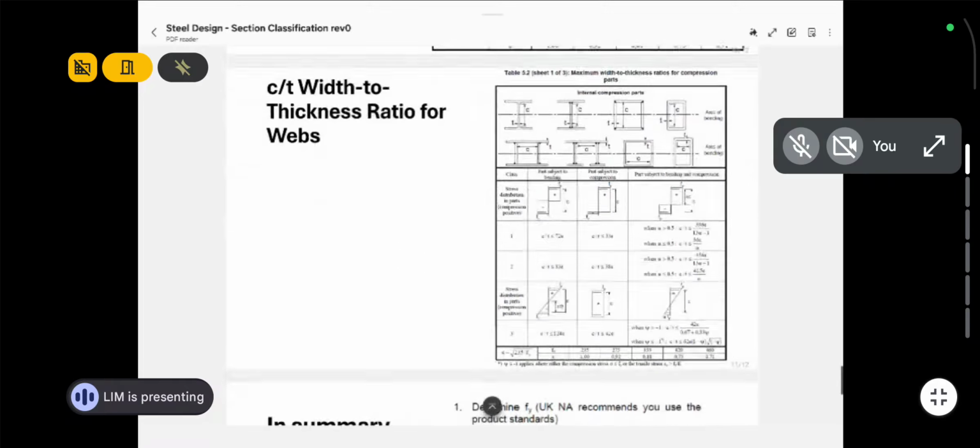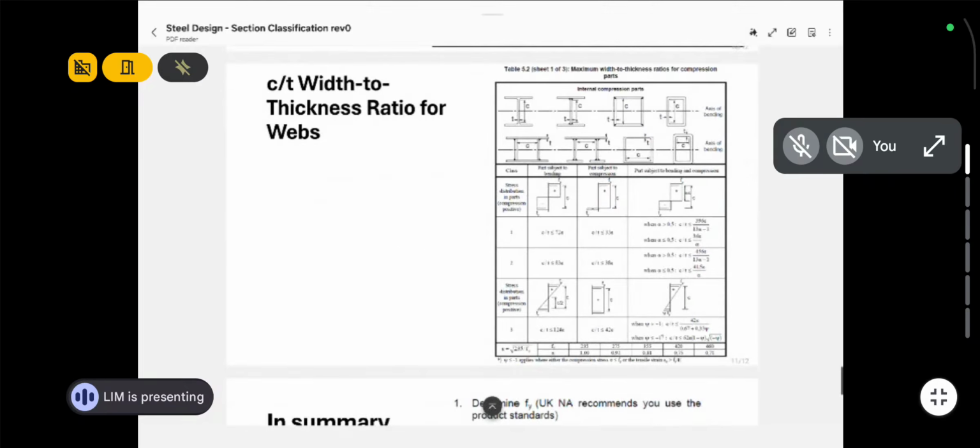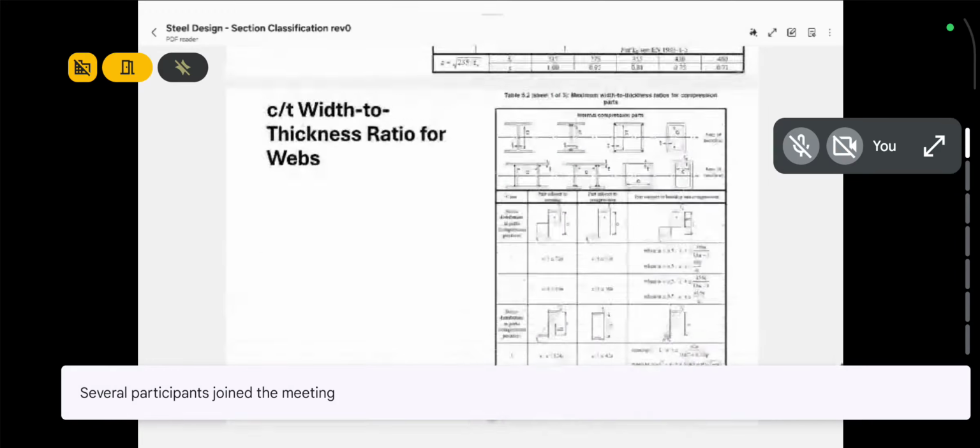All right. And so what the table basically does is it checks the length of that member divided by the thickness. The ratio, basically it checks for the ratio. The length divided by the thickness generally. Okay. So this table gives you limitations on the length versus thickness ratios. All right. Now,